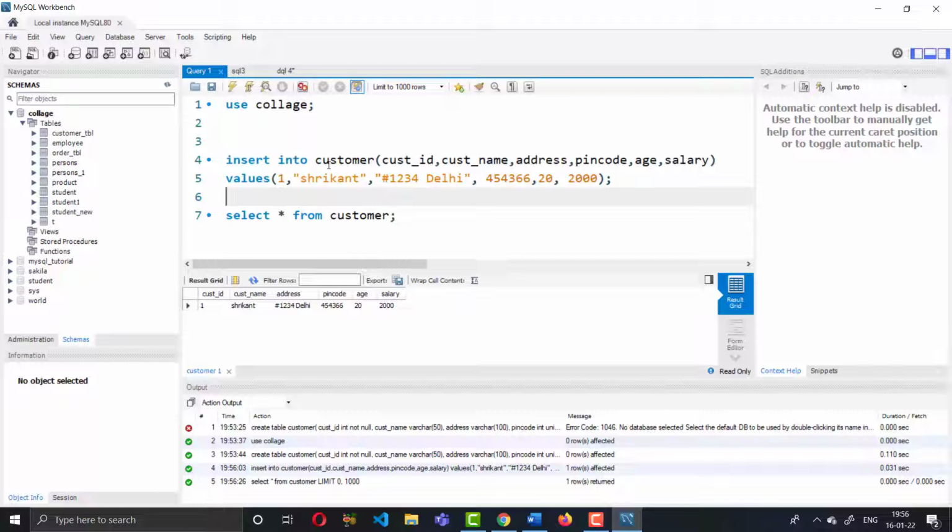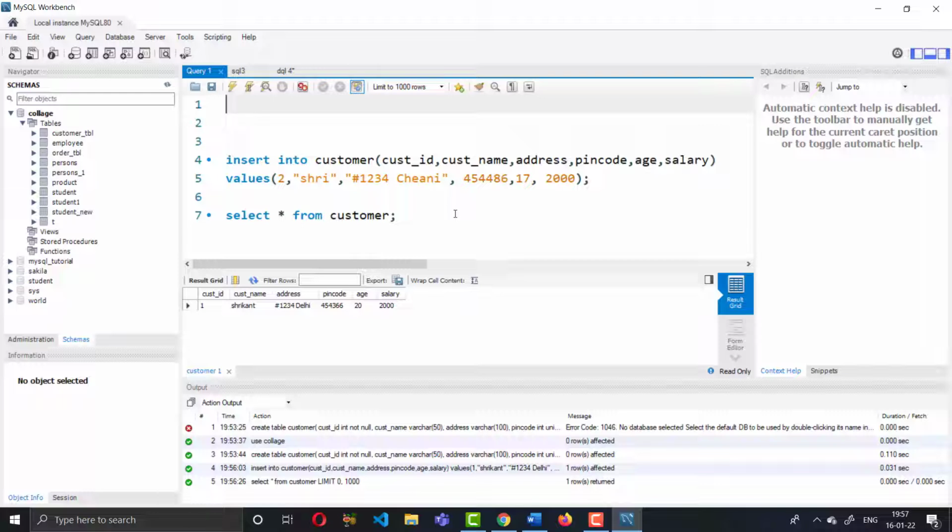Suppose age is 17, and ID is 2, and instead of Srikant we are writing Shri, and Delhi I am giving Chennai, and pin code something different. Currently we are passing our age value 17.